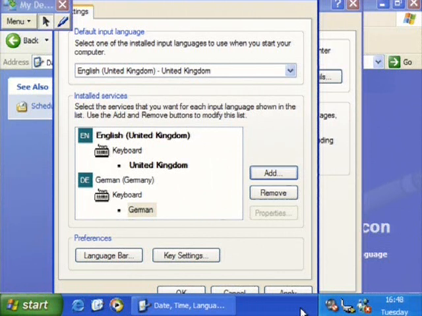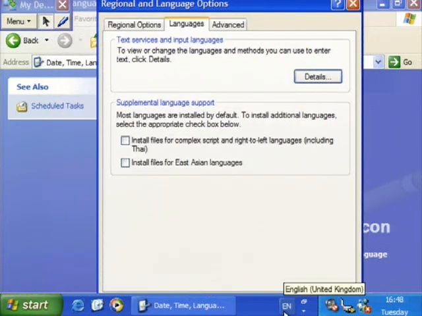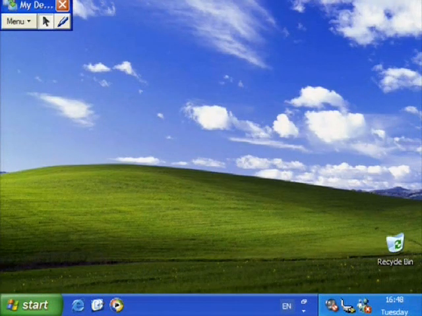Because we have no other choices, so it's just going to get rid of it. But if we click OK, then you'll find that the EN has now appeared again. Now I've done a little exercise to actually prove to you how this works. Let me show you. If I open up Notepad,